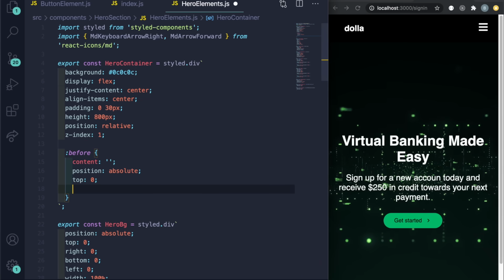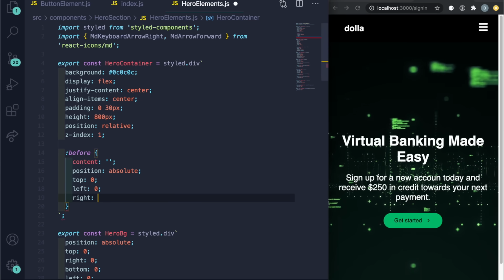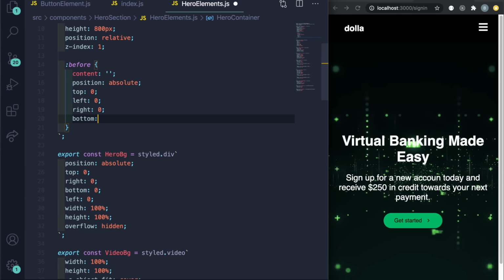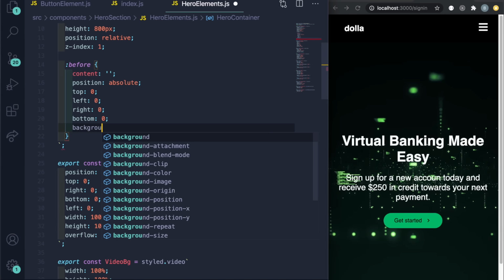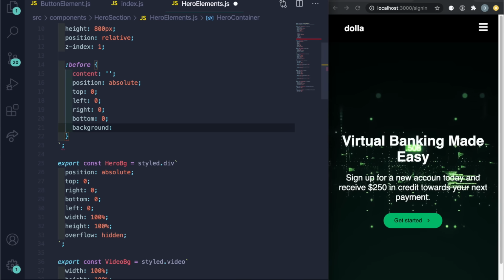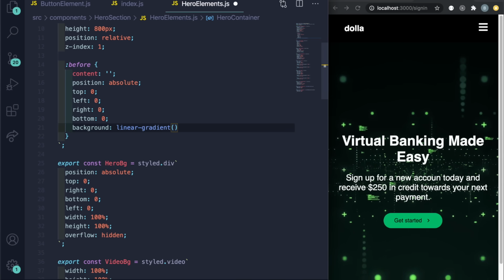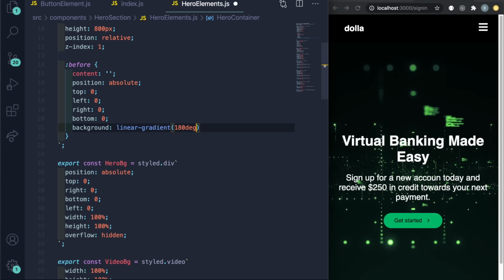Top will be 0, left will be 0, right will be 0, and then bottom will be 0. And then the background we're gonna do is basically linear-gradient, and then pretty much I'm gonna say 180 degrees